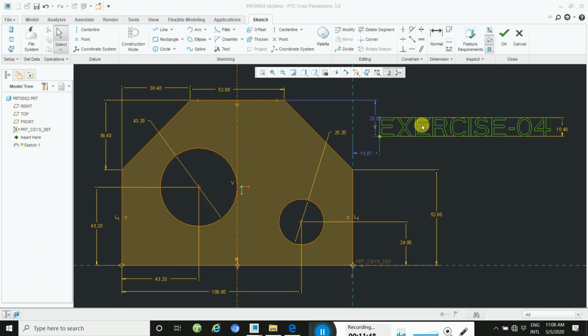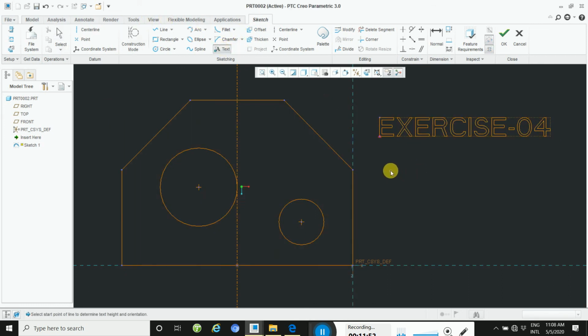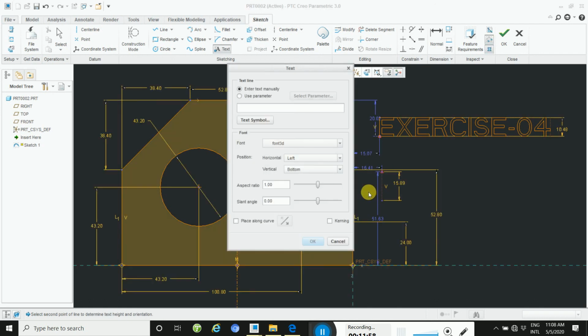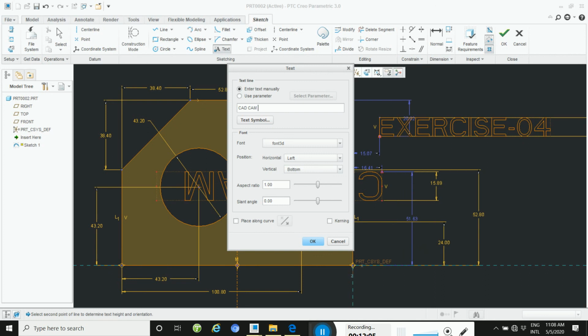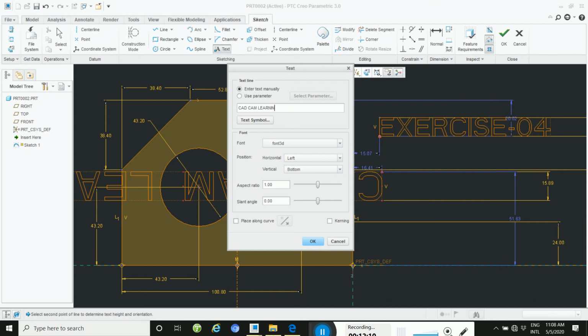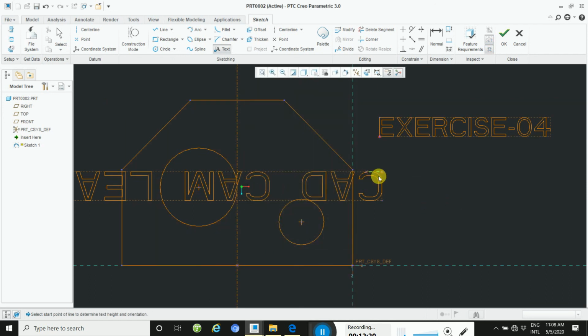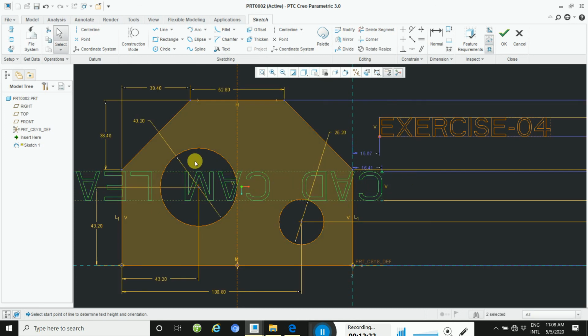And then how to write this text? Click on the text and then click here anywhere, and then write here. Then how to rotate this word?